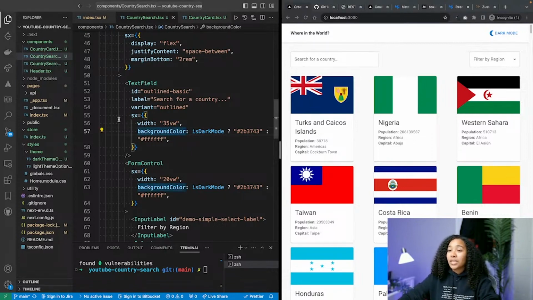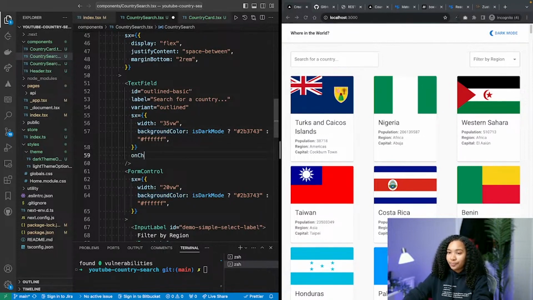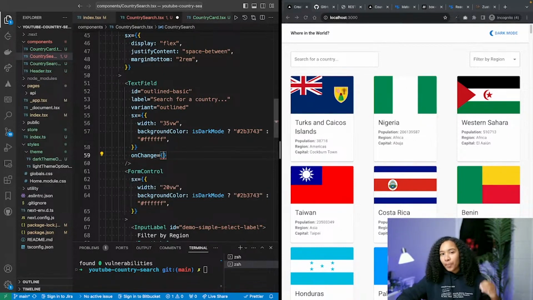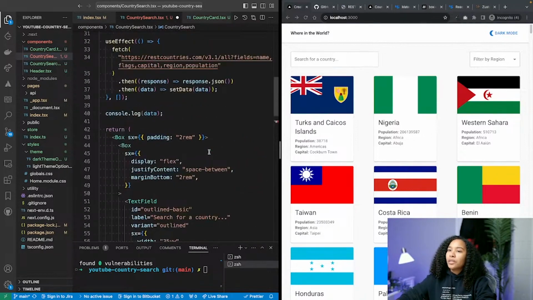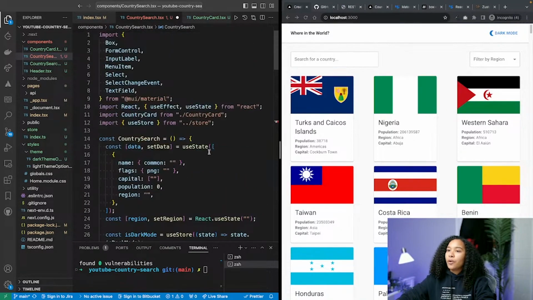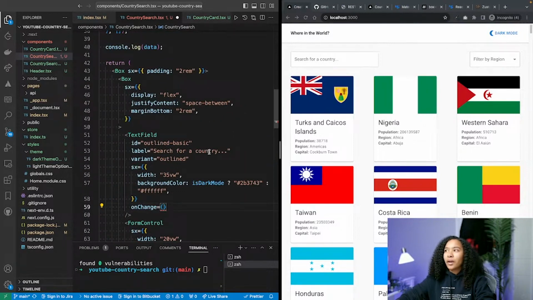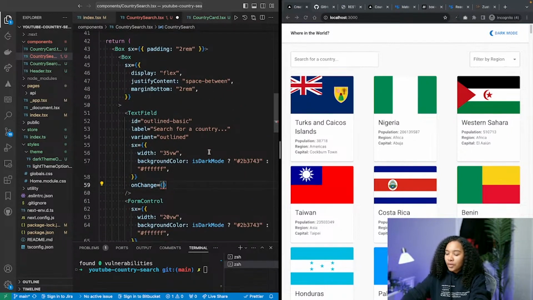So in our text field, what we want to do is access a property called onChange. What onChange does is detect any changes that happen within the text field. So when a user types, that's a change. And so what we want to do is trigger something to happen when that field changes. So the way I want to grab this, I think I'm going to store it in a variable. So on change,